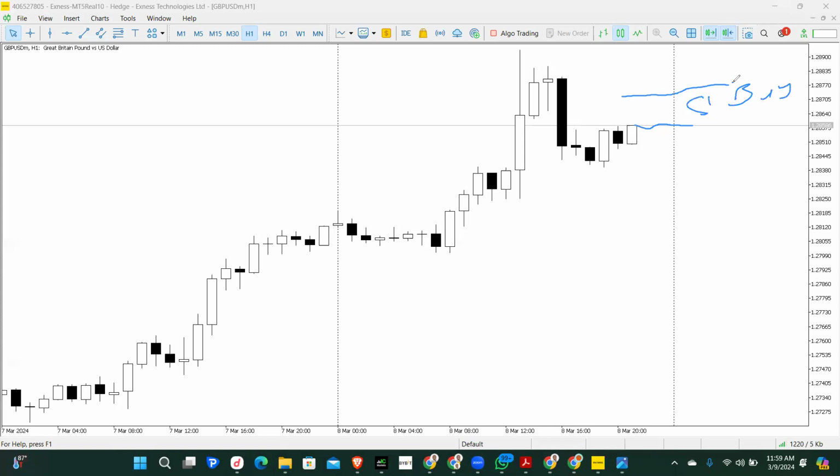I'm going to use a buy stop. But when I want to buy below the market price, I'm going to use a buy limit. Sorry for my freehand sketch. So when I'm buying below the current market price, I'm going to use a buy limit. Stay with me, I will still show you how these two work by placing a trade.